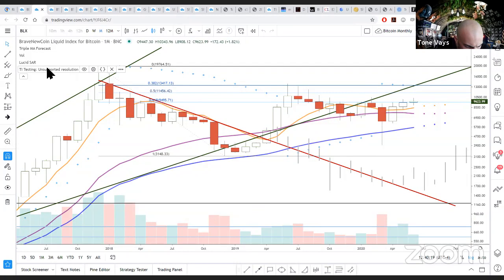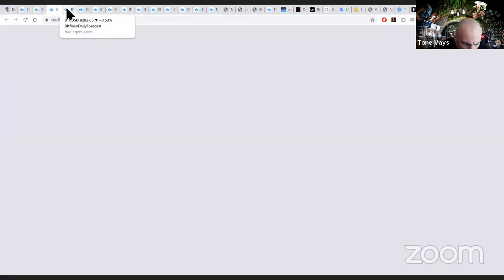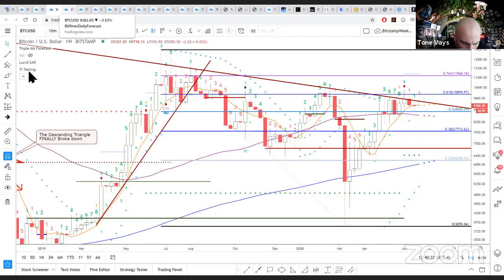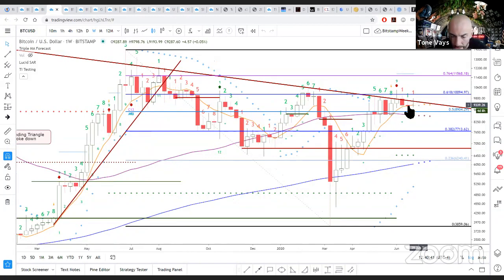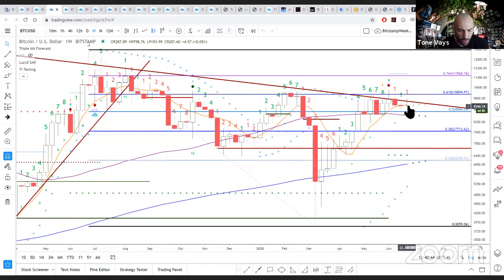And is my indicator now working across all charts? On my end? Hope it's working on your end. Okay, it's working here. So let's go to the standard weekly chart. The standard weekly chart, once again, was breaking above the trend line and has been rejected. We are rejected by the trend line one more time. We are also now below, I believe, the 50 period. No, what period is that?